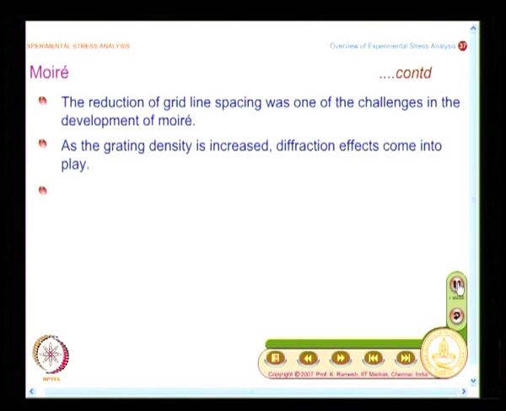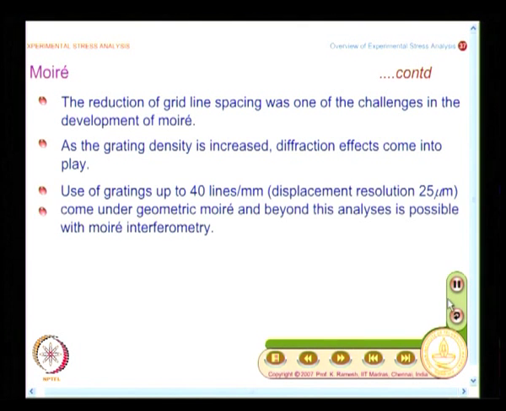So, what we find is grid you can easily analyze, and I can use just the geometric information and then interpret the fringes, that is what you call geometric Moiré. In geometric Moiré we find the limitation: for finer measurement I need to go in for a finer number of lines, then from the optics point of view diffraction effects have to be brought in for interpretation. So, the interpretation becomes a little involved as you go by. Fortunately, whatever equation that you develop in geometric Moiré is also equally applicable for Moiré interferometry.